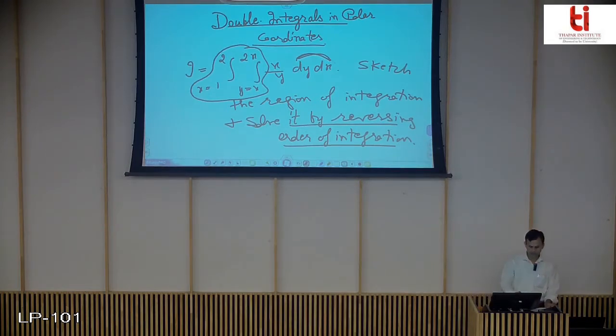So in this question, when you reverse the order, the limits get changed because one of the limits of a variable depends upon the limits of the other variable. That is why they are changed. If they are constant, the limits of x are constant, a to b, and the limits of y are constant, c to d, then the limits remain the same on changing the order of integration.